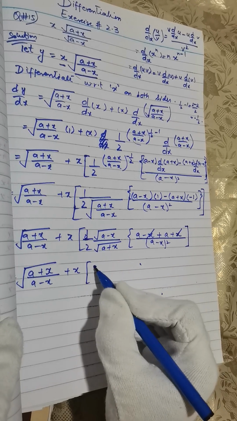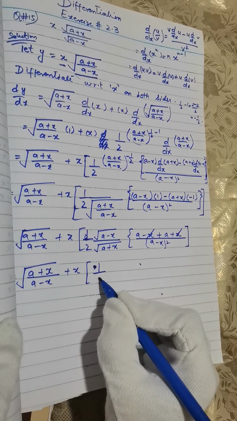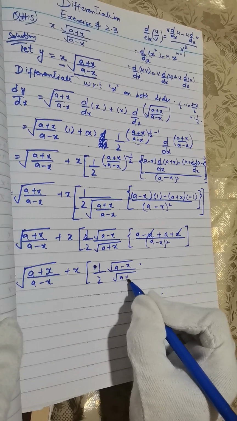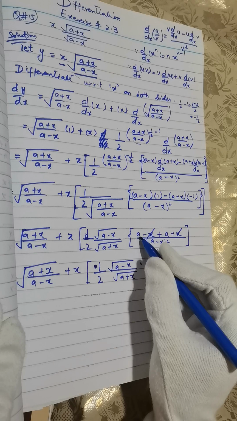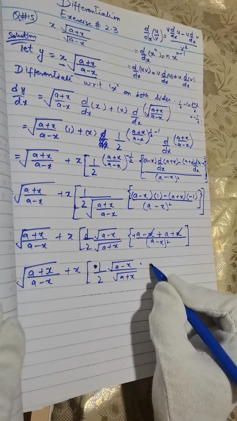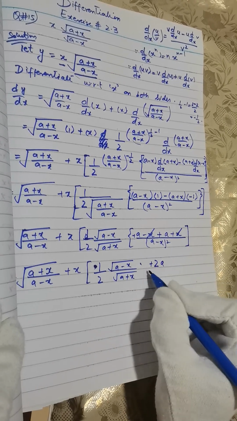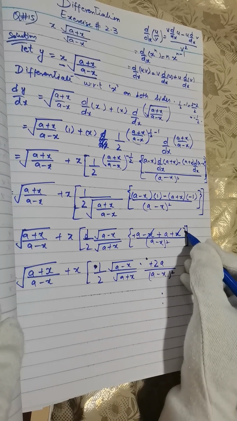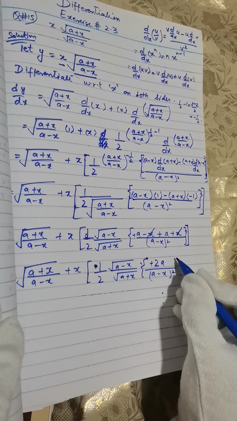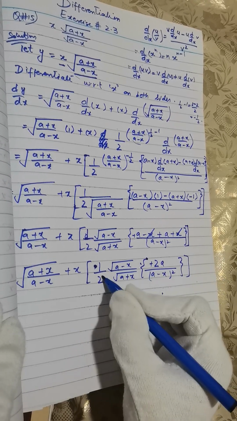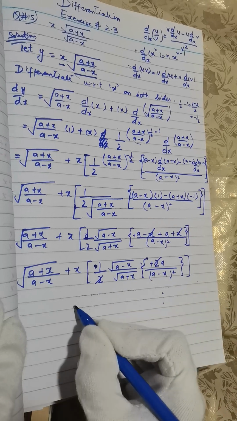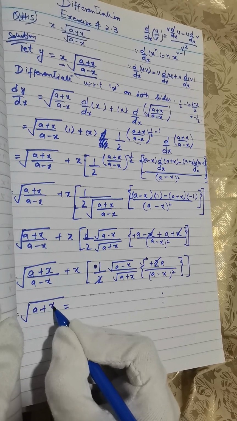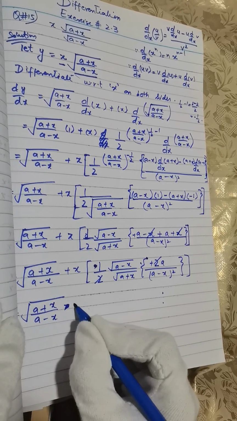1 by 2, 1 by 2 under root a minus x divided by under root a plus x, plus a plus a, plus 2a, whole divided by a minus x whole square. Now 2 and 2 cancel each other, we'll multiply both of, under root a plus x divided by a minus x plus x,